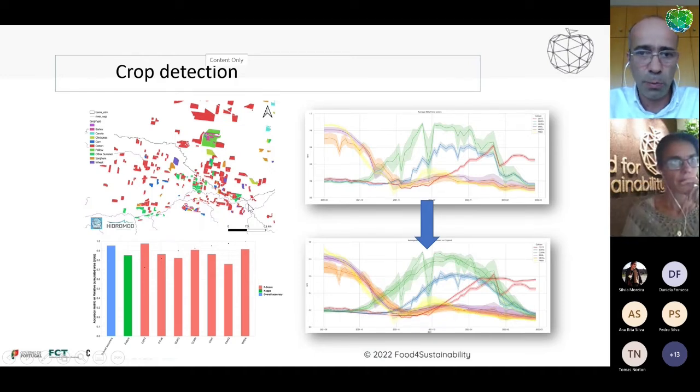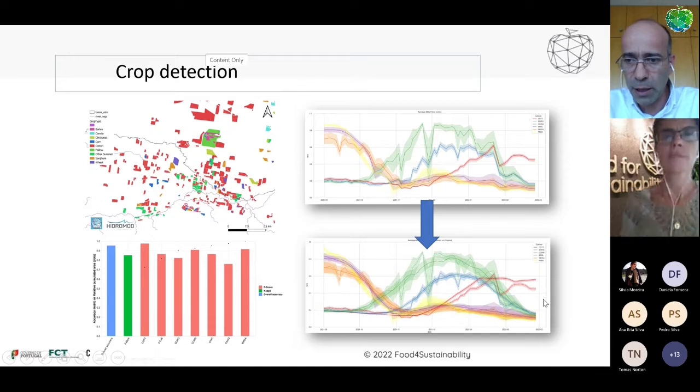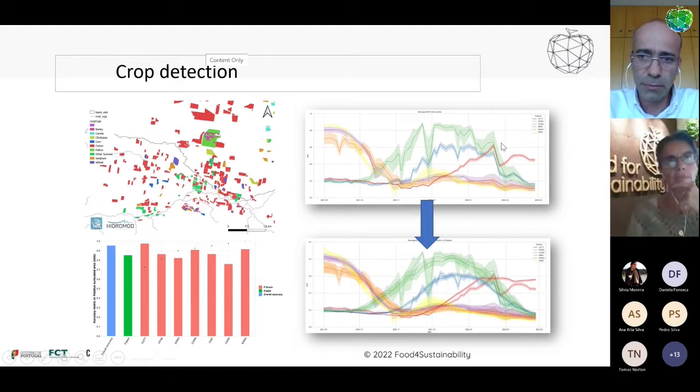This is an example of this crop detection. It is an example that we are doing for Australia, where we are trying to see our capacity to detect the kind of crops. As we can see, the crops there are mostly cotton, sorghum and canola, and the F-score is mostly above 0.8, except for canola, so we have a good detection capacity of the crops. You can see here on the right the signals that we are reading and smoothing. Because of clouds, there are some interferences, and based on all this analysis, we can know which crop is where using artificial intelligence, basically random forest